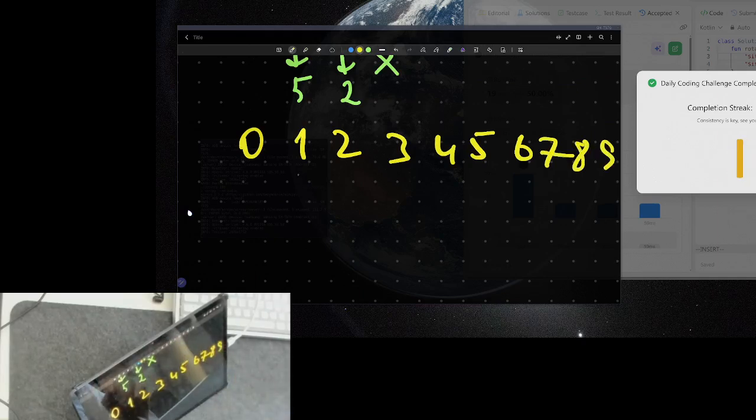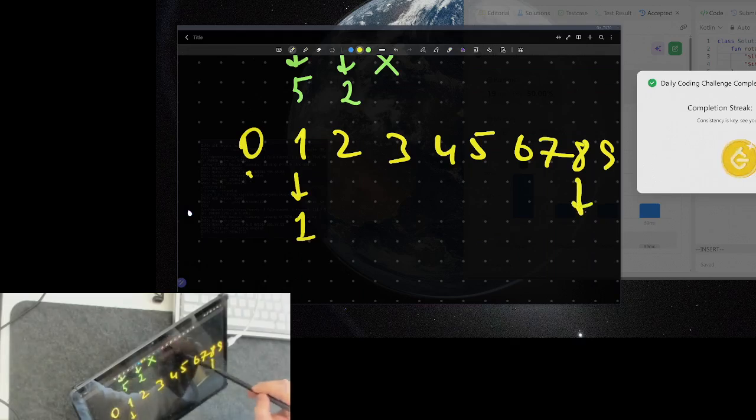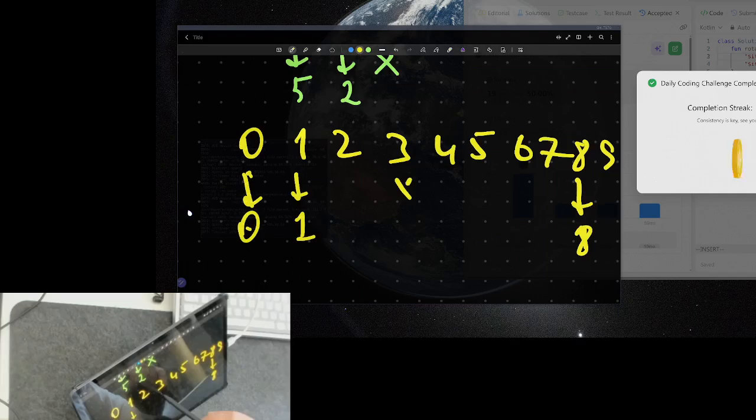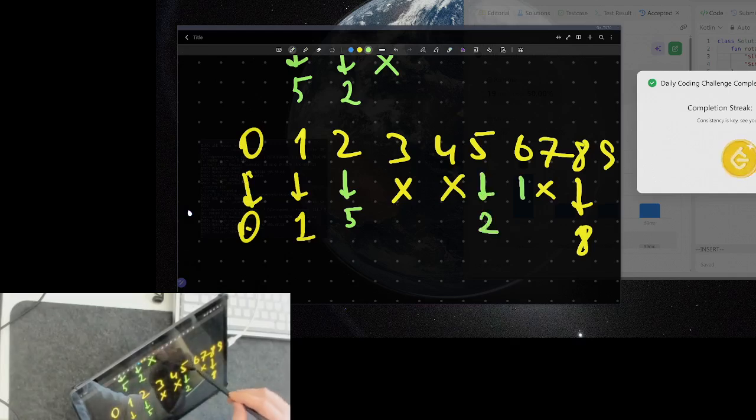So this is symmetrical. It converts 1 to 1, 0 to 0, 8 to 8, 3 forbidden, 4 forbidden, 7 forbidden, and these numbers: 2 converts to 5, 5 converts to 2, 6 to 9, and 9 to 6. This gives us a mirror rule,